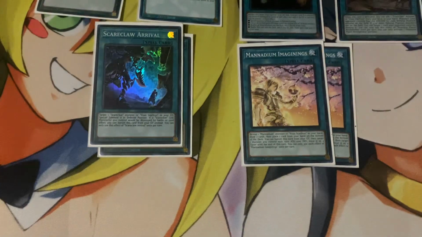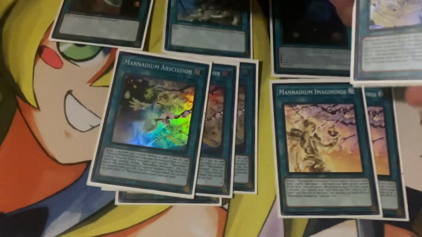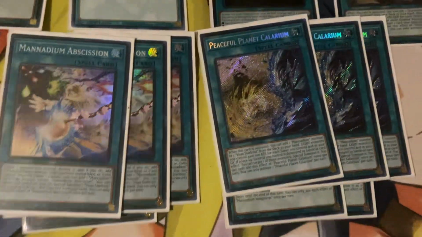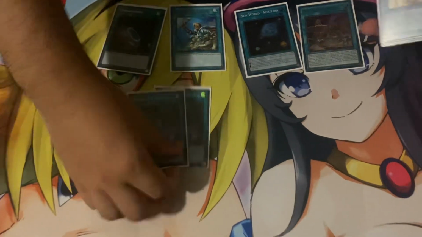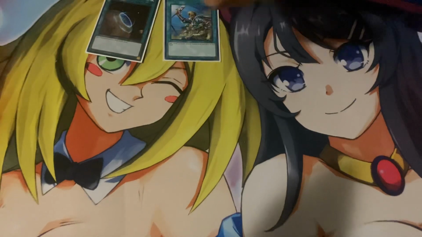Next up, for the last spells, you guys already know it. 3 Mannadium Position, nice combo extender, and 3 Peaceful Planet Calariums. Anything I will change from spells, probably this New World Armatara. It's a nice gimmicky card. It has nice effects, but